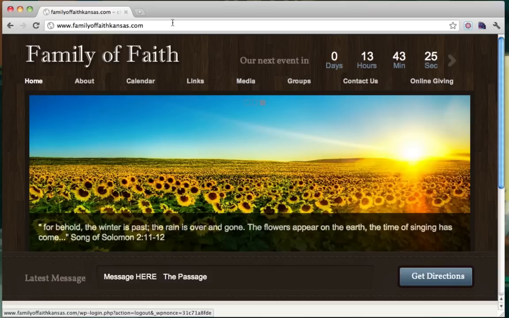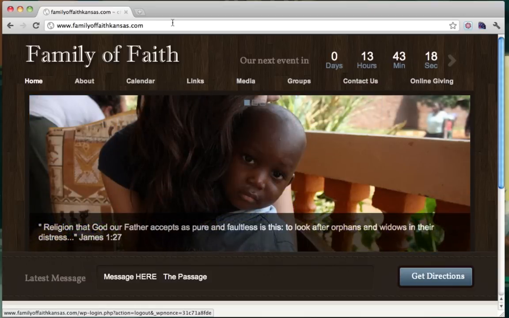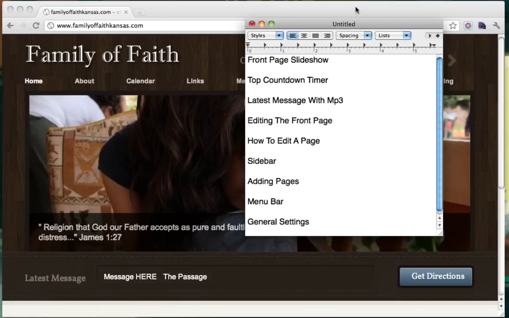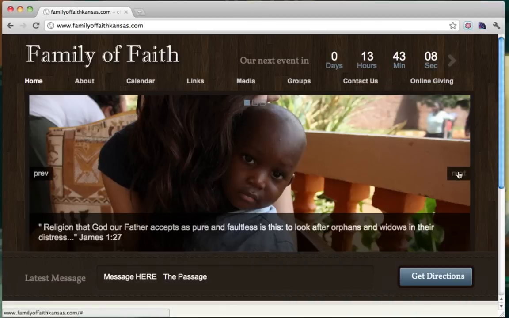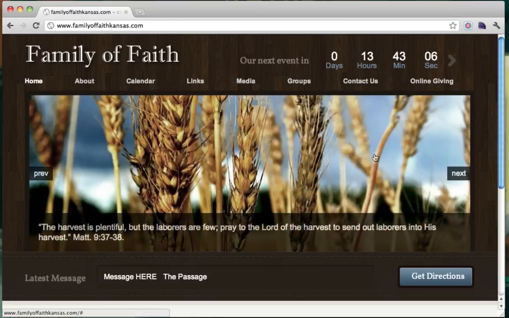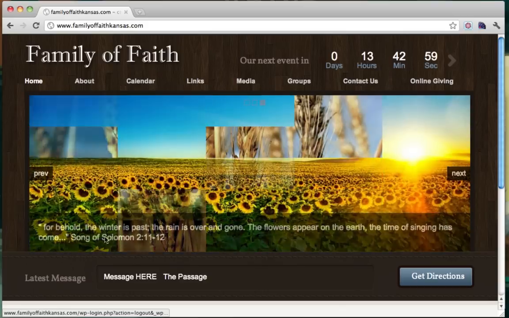Right now, I'm going to show you how to take control of your church website. So, the first thing I want to go over is what we're going to go over. The first thing is the front page slideshow, and that's this thing right here. I'm going to show you how to change the pictures, crop the pictures correctly from WordPress, and change what